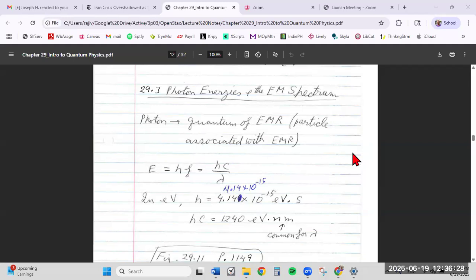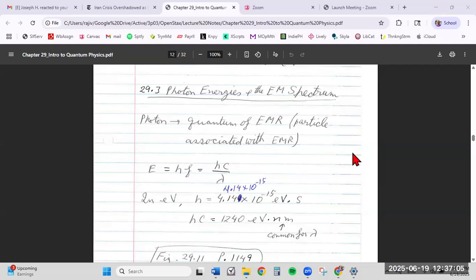So not only do these atoms and molecules oscillate at discrete frequencies, but they can also absorb energy at those discrete energies, and they can also emit discrete energies. So none of this is continuous. You can either absorb or emit 2 joules of energy or 3 joules, but nothing in between. Those numbers are just an example of what discrete energy means.